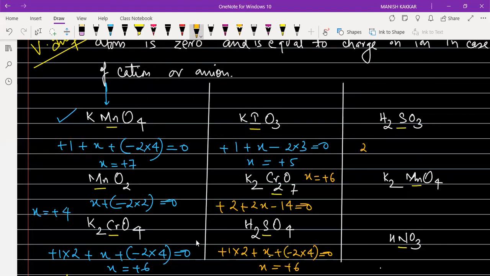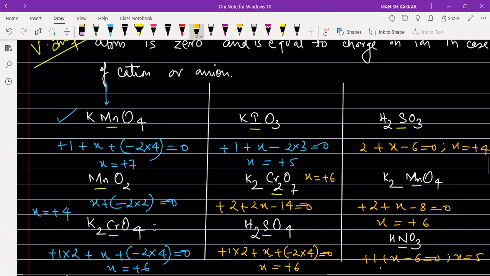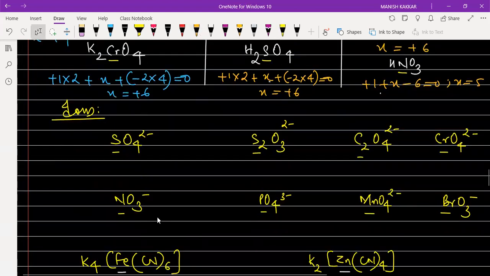For sulfurous acid, it will be 2 plus x minus 6 equal to 0, x equal to +4. It is +2 plus x minus 8 equal to 0. So x will be equal to +6 in this case. It is +1 plus x minus 6 equal to 0. x का नाइट्रोजन का ऑक्सीडेशन नंबर +5 आता है।